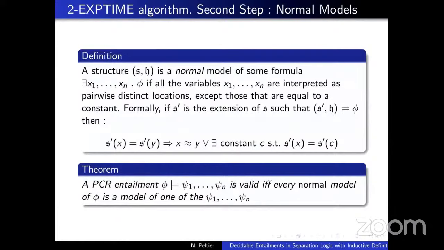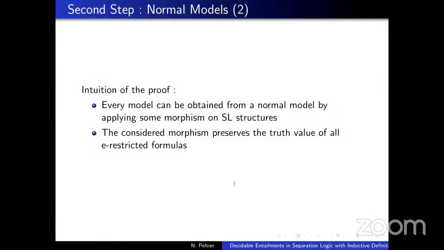of the right-hand side. So the very basic intuition of the proof is that every model that is not normal can be obtained from a normal model by applying some morphism on separation logic structures, and this morphism preserves the truth value of all E-restricted formulas. So it is sufficient to focus on such